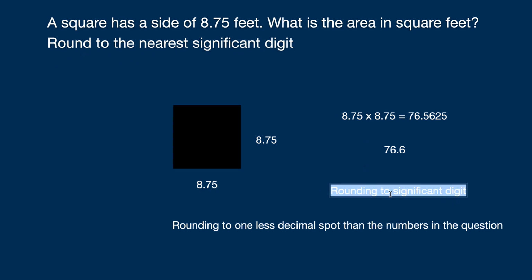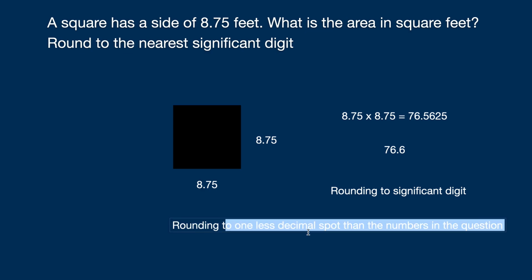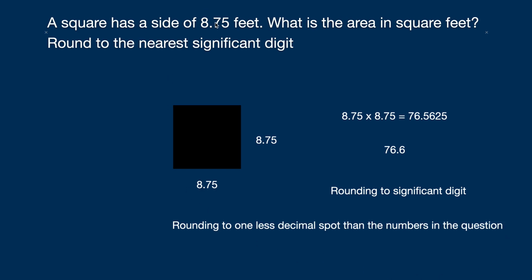So rounding to the significant digit, what we're going to do is round to one less decimal spot than the numbers in the question. So the numbers in the question, there's 2 decimal spots right here, 8.75. So we're going to round our answer to 1 less than that. So we got the area of a square, 8.75 times 8.75, and that equals